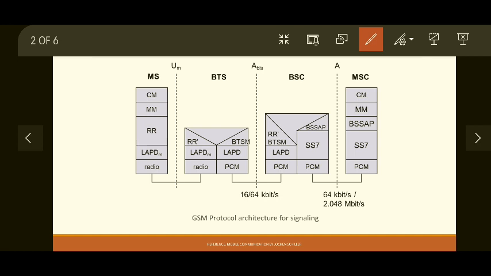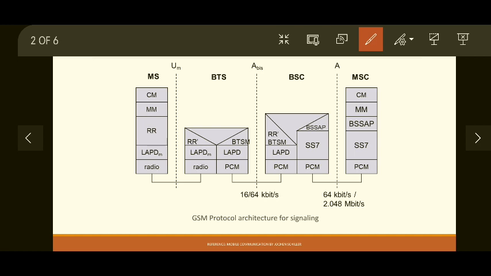BTSM is the BTS management layer. Again we have RR dash and BTSM here. Then BSSAP. BSSAP stands for BSS, that is base station subsystem application part. Okay, functions of all these layers we will see in this video. Then again we have mobility management and call management. Okay, SS7 we have discussed previously also, signaling system number 7. It is a standard protocol used for communication between MSC and BSS.